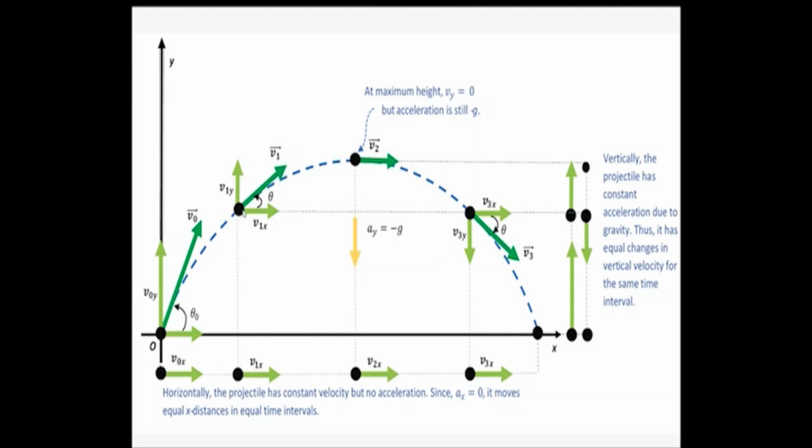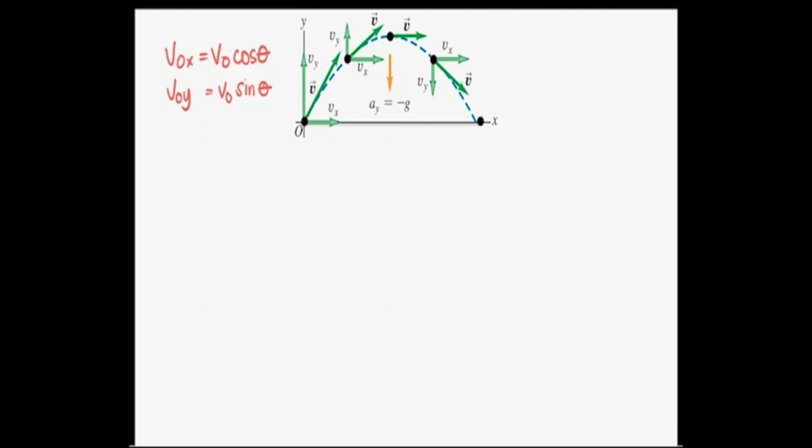Now, please also take note that for two positions at equal elevations, but at different times, just like v sub 1 and v sub 3, they have equal speed, the same magnitude, but different direction. So we therefore say v sub 1 and v sub 3 are at the same elevation, so they have the same speed, but different directions. So using that illustration and the concepts that we discussed, let's derive the equations for our horizontal motion and vertical motion for case number 1 and case number 2.